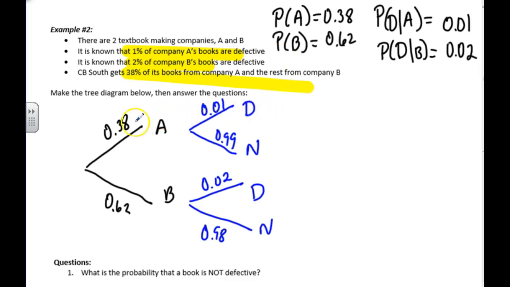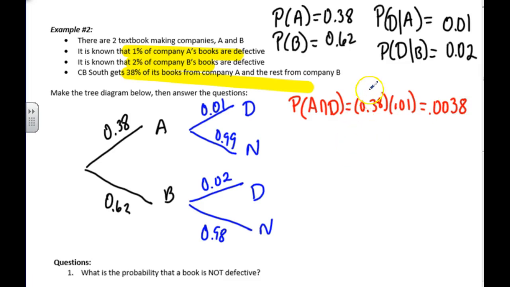If you recall, at this point, we can use our multiplication principles, because what this tells us is that P of A and D is equal to 0.38 times 0.01, which will give me 0.0038. This would give me the intersection of A and N, which is 0.38 times 0.99, which is equal to